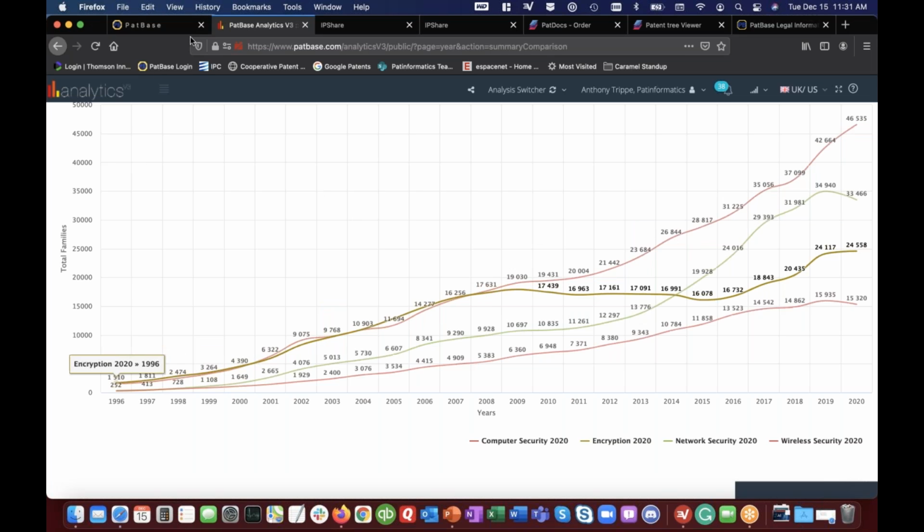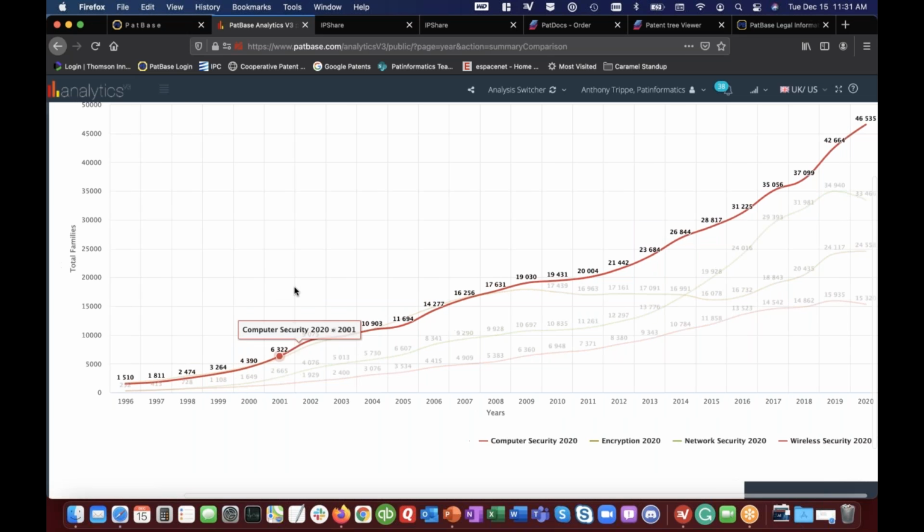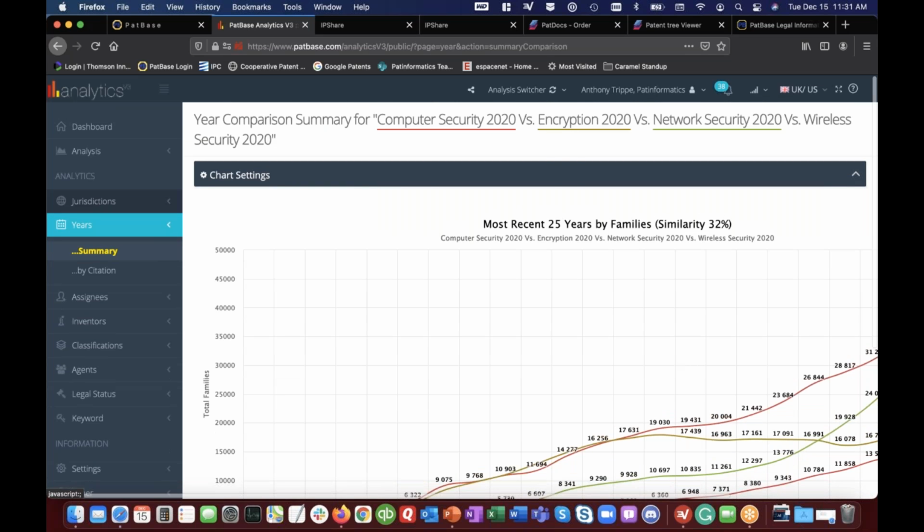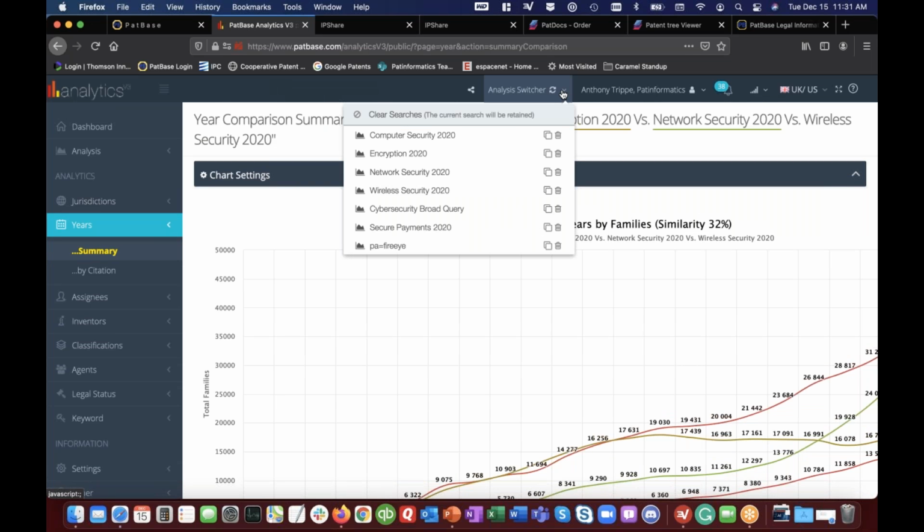And so, like I said, that's really phenomenal. I can't say enough about how powerful this is. And one last thing that I want to do here is take us back to that broad query. This is looking at them in categories, but if I wanted to look at them all together again, I can just bring up this one,